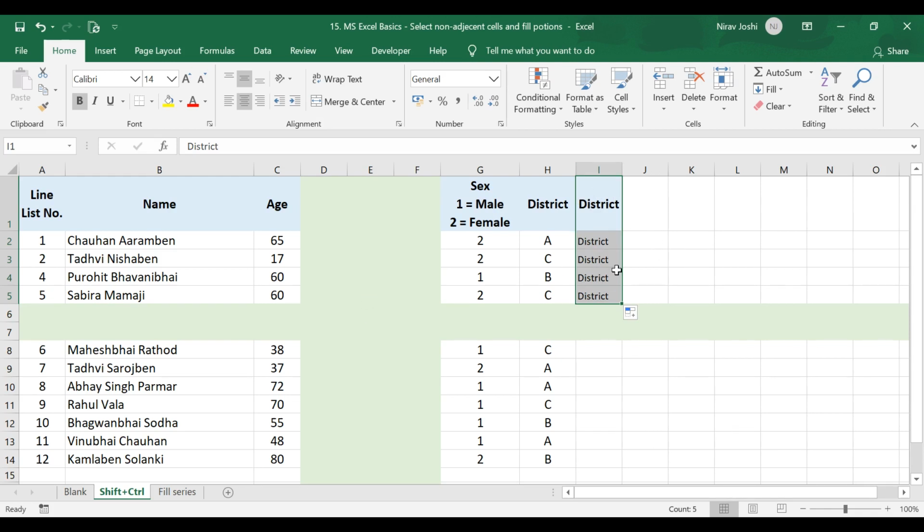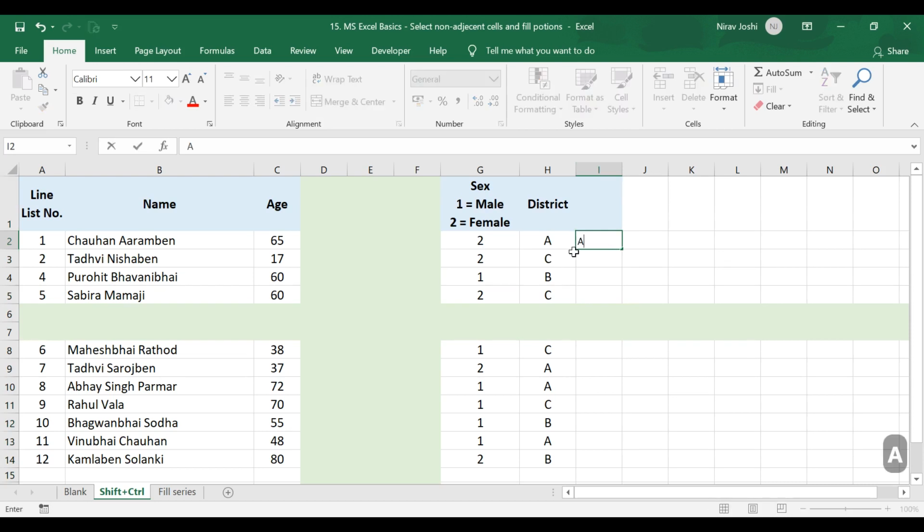Now to understand the fourth option, that is Flash Fill, we will take another example here. Suppose I merge these two fields, that is A and this 2. Now if I drag it down, routinely it will fill with A3, A4, A5 and so on, because the first cell is A2.